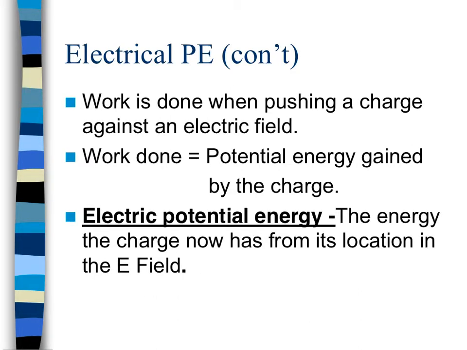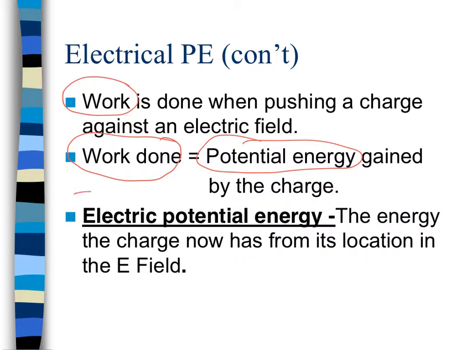Now, in order to get those electrons away from their normal spot, something has to do work on it, by pushing that charge against an electric field that's there and moving it somewhere it might not go. So we can think of it as the amount of work done on the charge gives that charge its potential